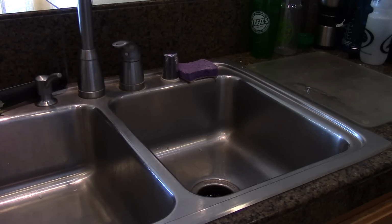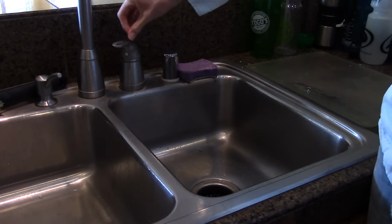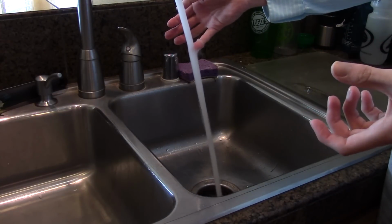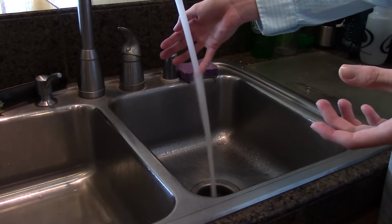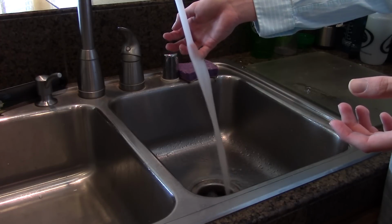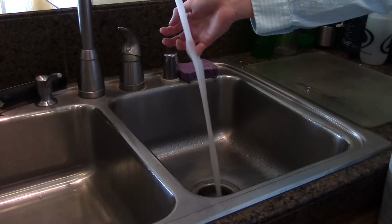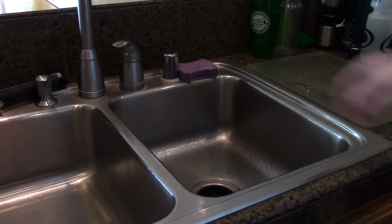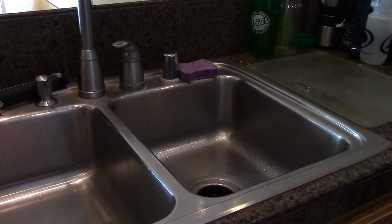First thing you need to do is make sure that the water is running hot. So turn on your hot water and just let it run until it gets as hot as it gets for your house. Obviously, you know best. And I ran it a little bit before I started this video to make it a little bit speedier. So now we take our